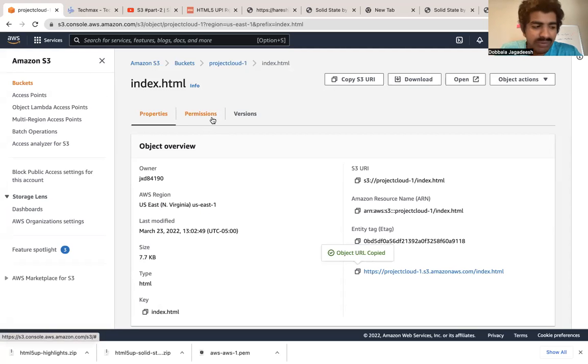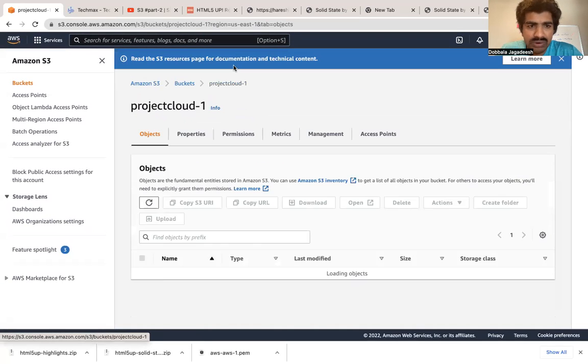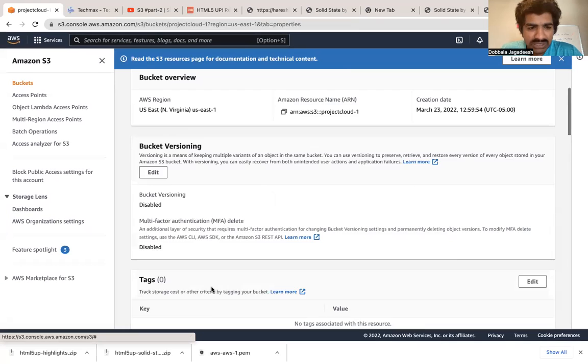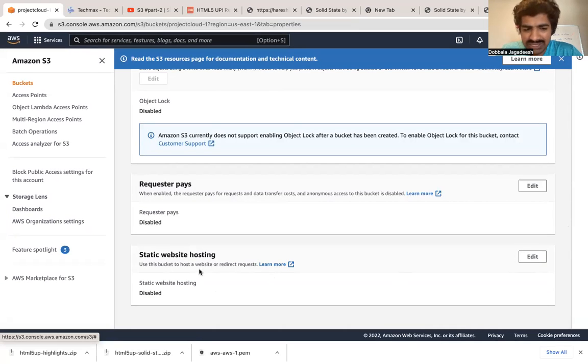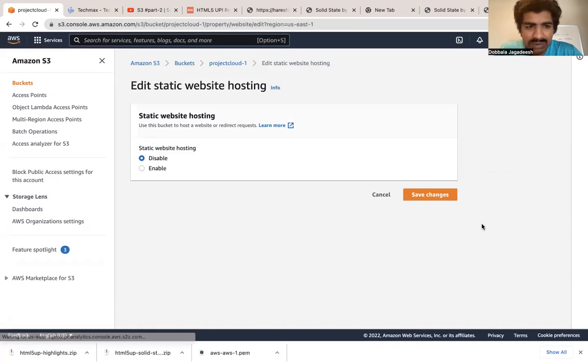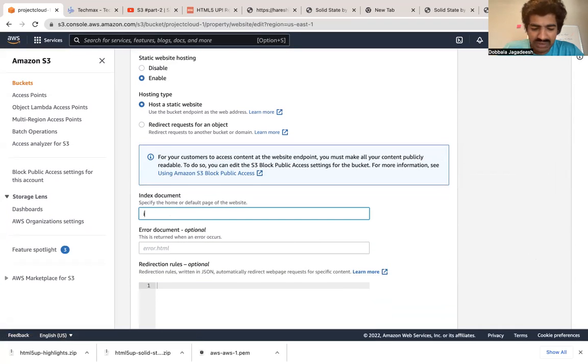So I'll tell you at the end what is the difference between hosting like this and how we can host through a static website. Just go to permissions. So this is your cloud.project one. Go to permissions. At the end there is a thing called static website. You can see the static website is currently disabled. So you need to enable this one. Here I enabled it, and our file was